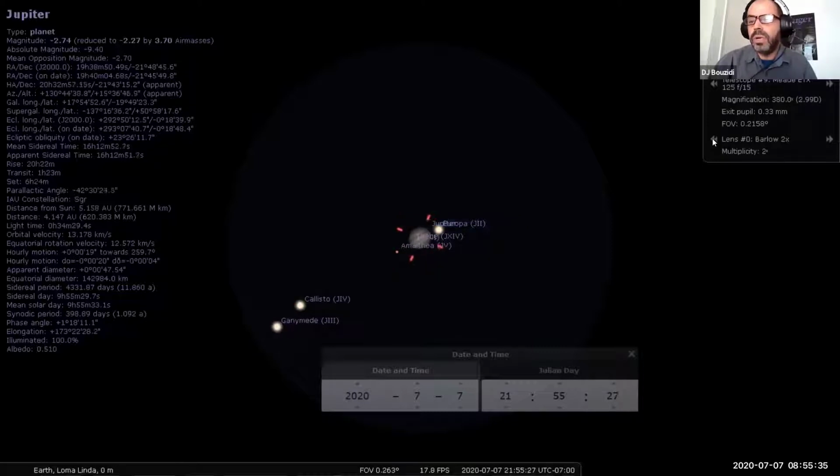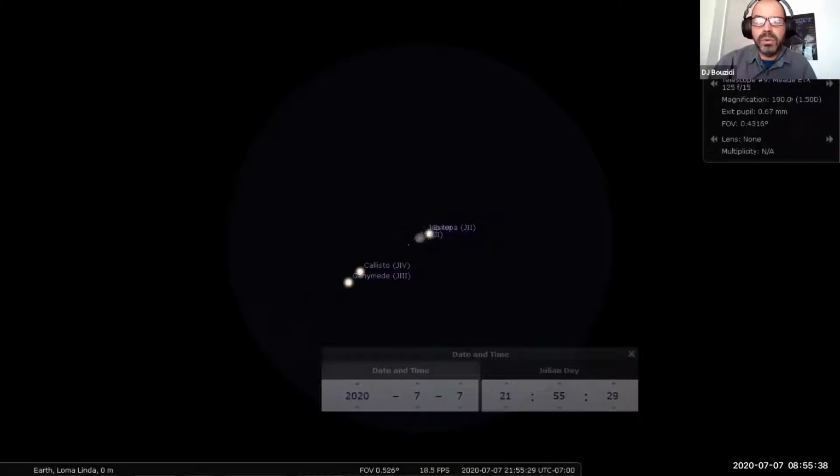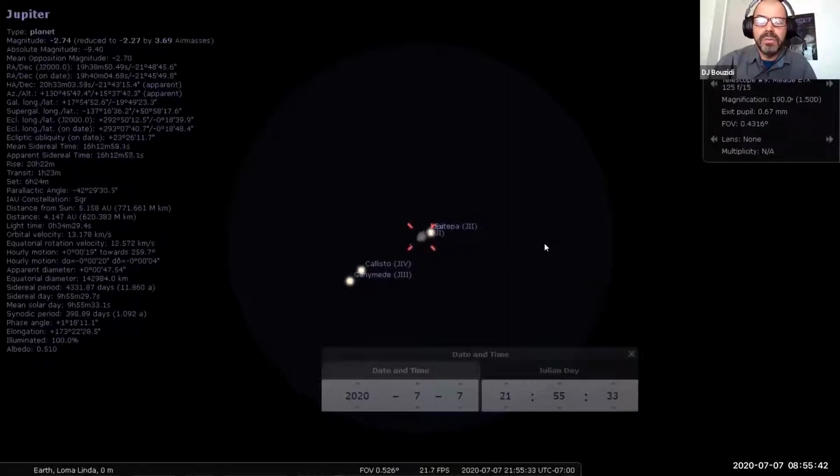This is how Jupiter would look tonight if I'm looking at it in the sky. Let me center Jupiter. I have only 3 moons: Europa, and Io is behind Europa, so you can't see it now. If I look at it tonight around this time, which is 21:55, and wait until almost 10 p.m., this is how Jupiter would look with this telescope, more or less. I will see the 3 moons.